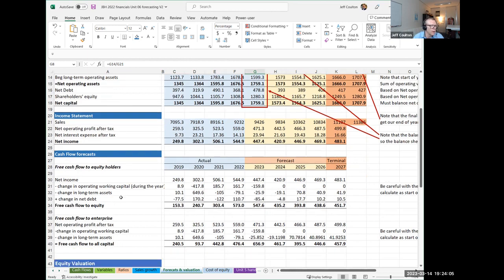So I'm going to take into account the change in the size of the business that I'm forecasting over the year. I'm also going to be taking into account whether I borrow or pay back any debt, based on what I think is happening in capital structure. So the way that I'm generating my free cash flow forecast, and I'll try and convince you that this works over the next week, is coming out of forecasts of income statements